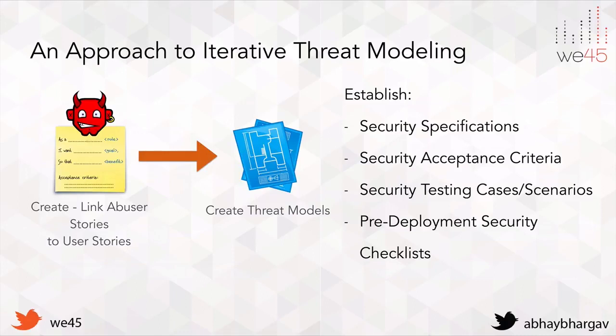So let's say, as a user, I would like to access my account so that I can perform shopping transactions with it. Or as a user, I would like to access the shopping cart to be able to shop for certain products that I bought on the e-commerce site. Right? So that would be a user story or a functionality description. What you should do when you're threat modeling is create an abuser story that says, hey, as an attacker, I would like to steal the user's access to the user's account so I can perform transactions as that user.